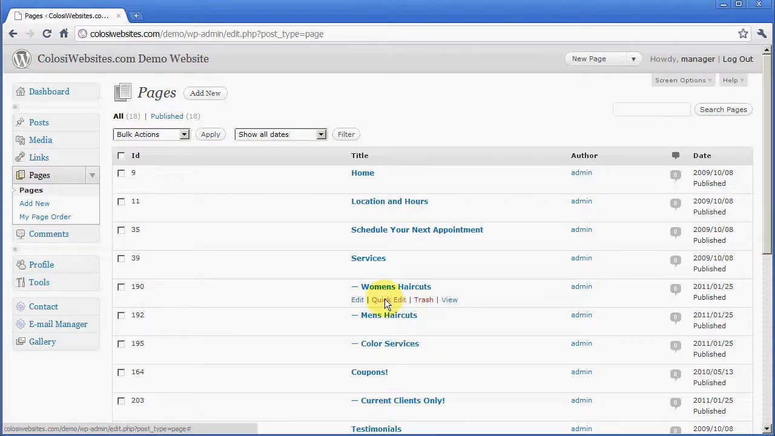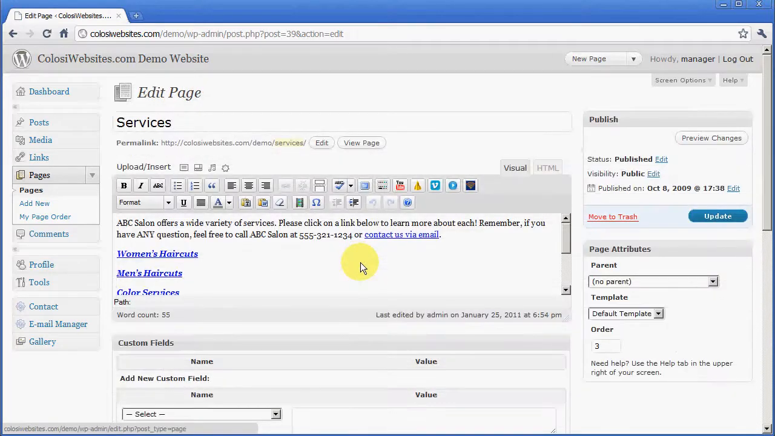I don't recommend going any more than 3 levels deep. So services right here is our top level page on our navigation menu, and underneath of it fall these 3 subpages. Okay, so if I go into services to add my video, I'm going to click on it,